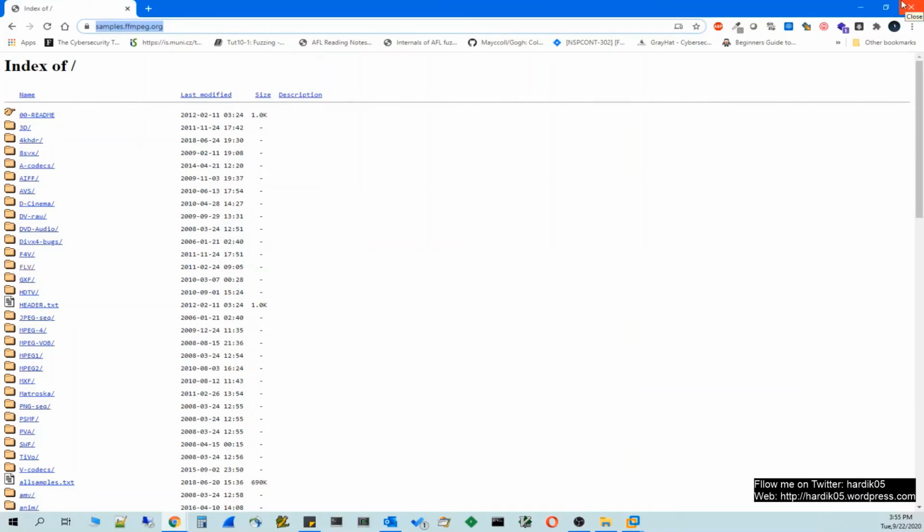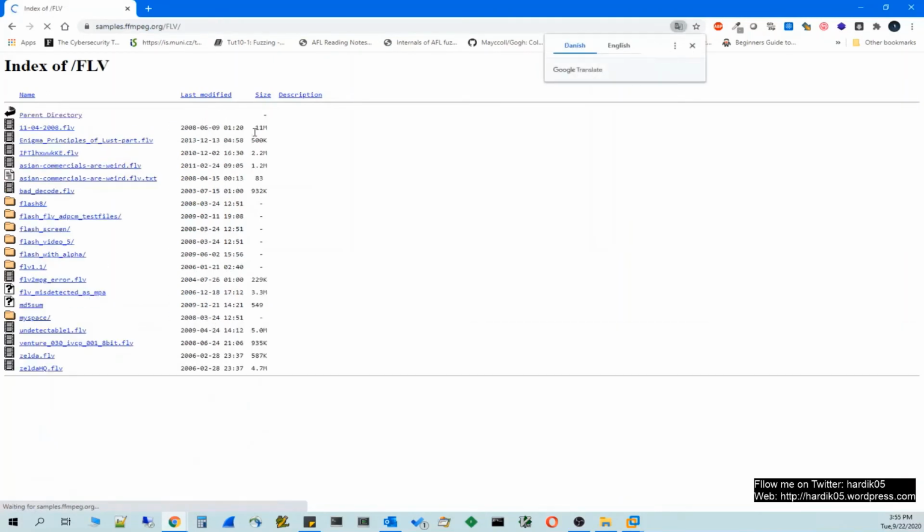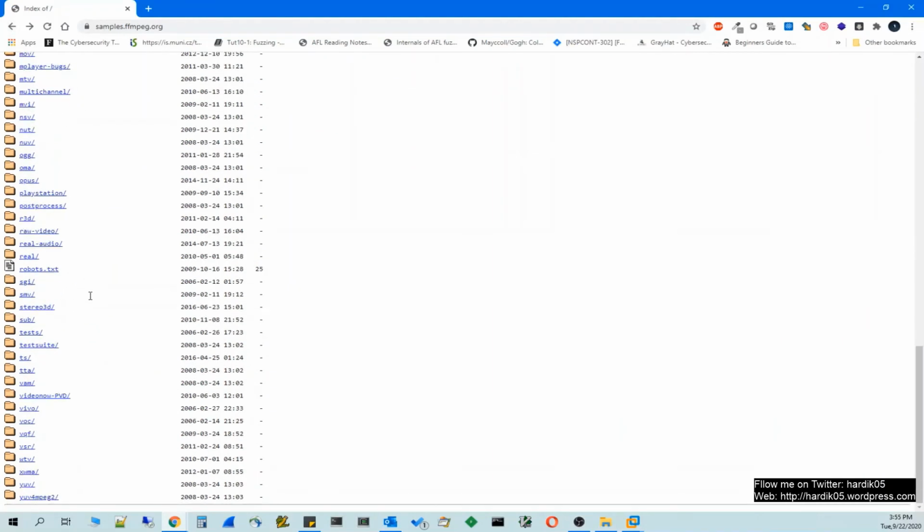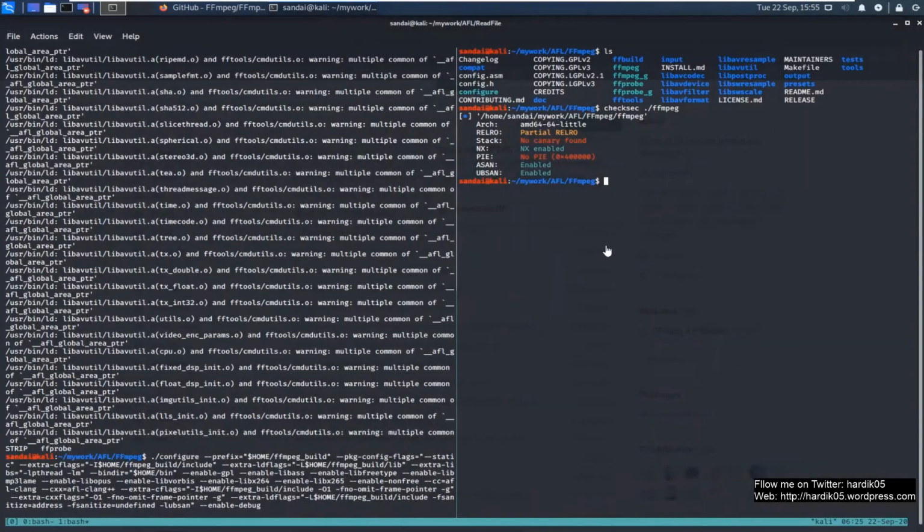I just downloaded one single file, from FLV, and that is this one, Enigma Principles of Lust part FLV, and its size is around 500k. But if you want, you can run some scripts and download this entire corpus collection, and then you need to run afl-cmin on that, so that it removes the duplicate files which generate the same code path.